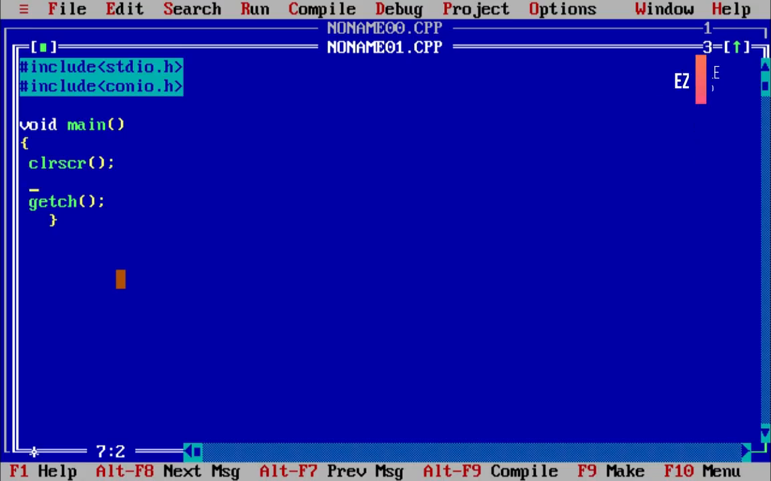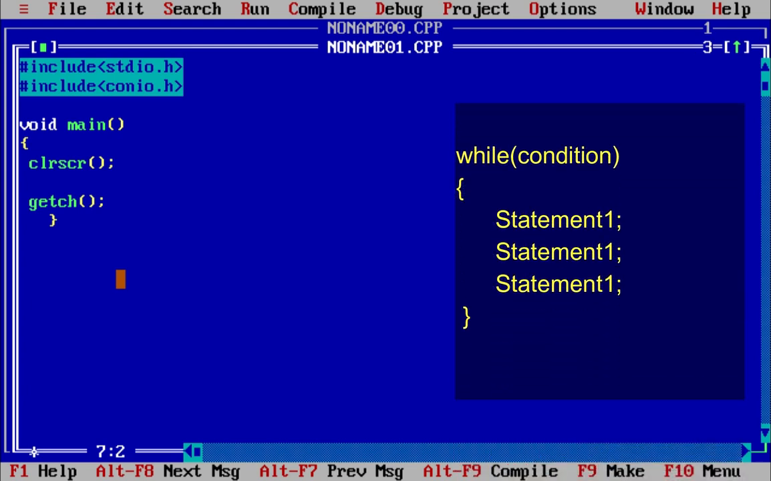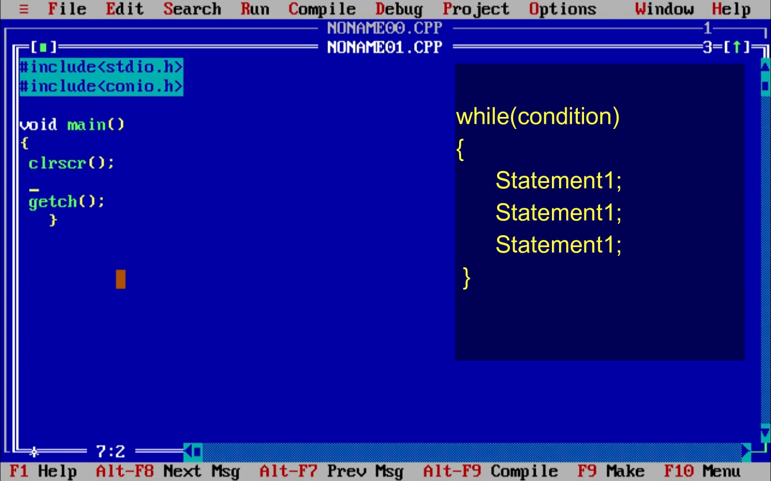Hello everyone, welcome back. In this tutorial we are going to discuss the while loop. So the syntax of the while loop is very simple. In this while loop only we have to provide the condition,